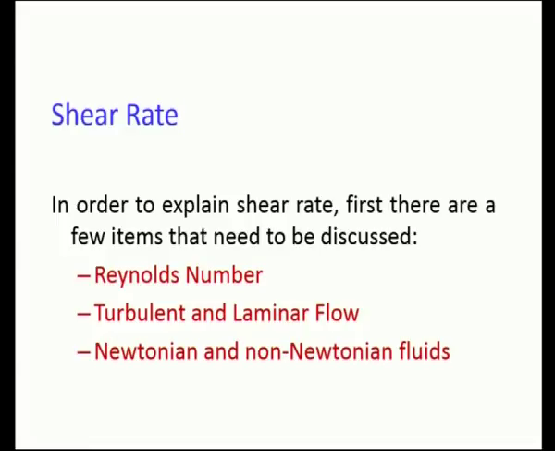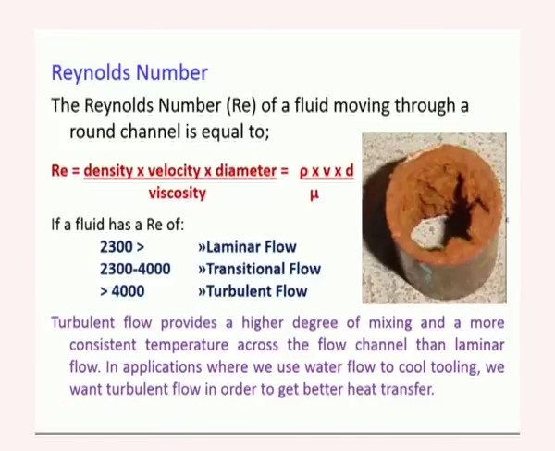which are what is meant by Reynolds number, what is laminar flow, what is turbulent flow, and these Newtonian or non-Newtonian fluids are again based on it. You have Newtonian fluid and non-Newtonian fluid. This classification itself is based on Reynolds number. What is Reynolds number? The Reynolds number is a dimensionless number which is given by rho v d by mu if it is a pipe flow.